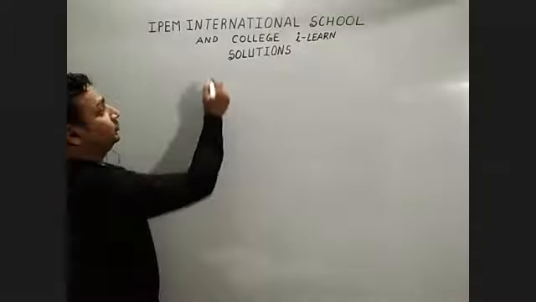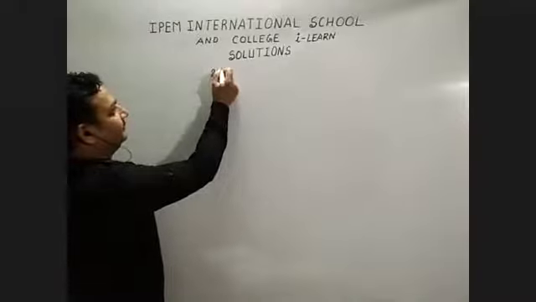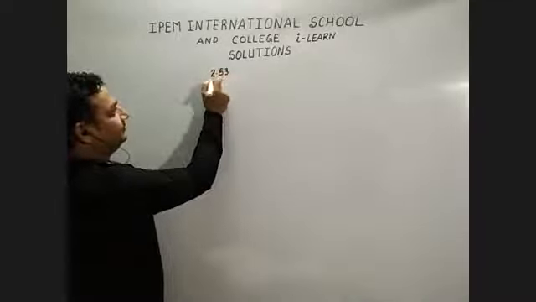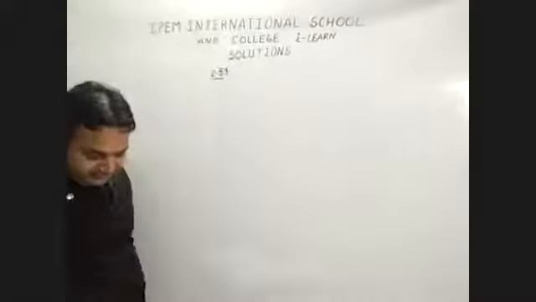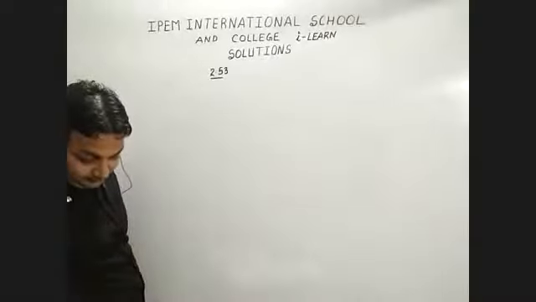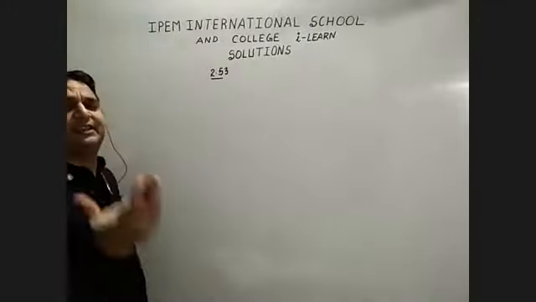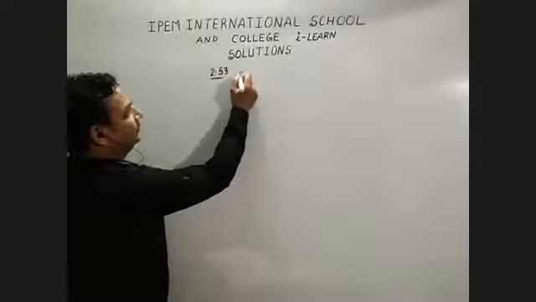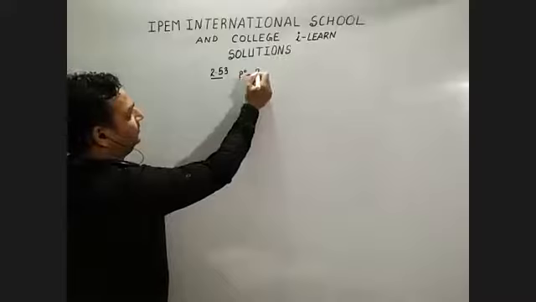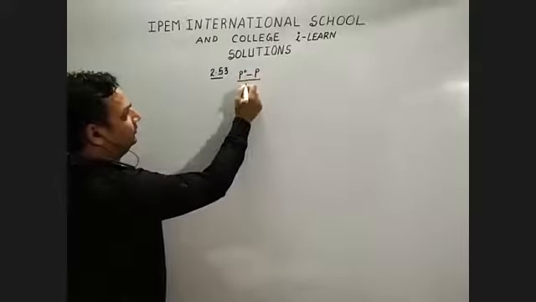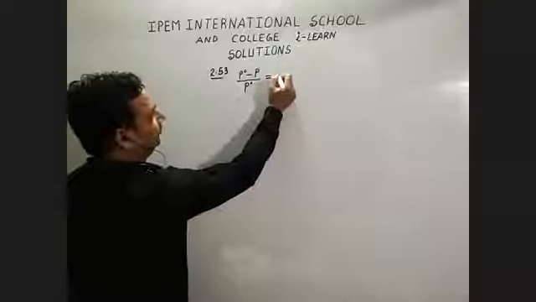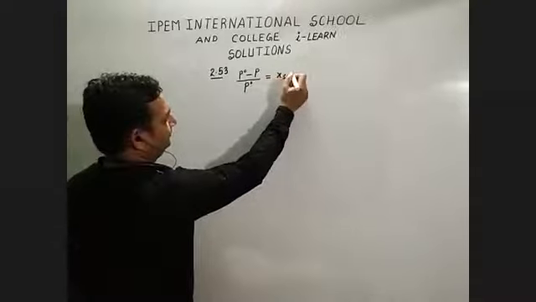It was question number 2.53. I was saying that now what they have given is this much vapor pressure. We have to take the standard vapor pressure in the case of pure water. So if we take P naught minus P upon P naught, it is equal to the mole fraction of solute. Now this can be equal to the number of moles of solute upon the number of moles of solvent.